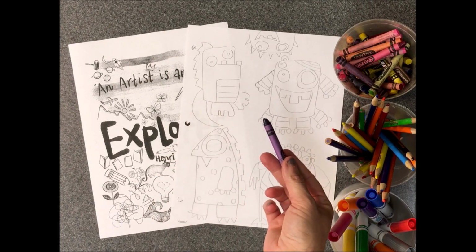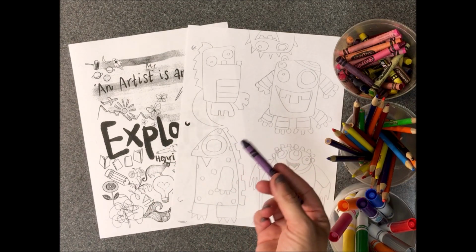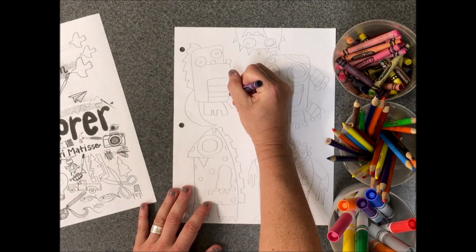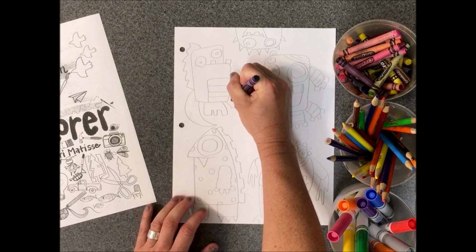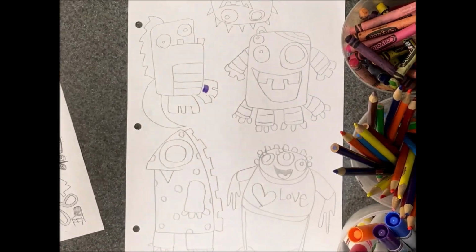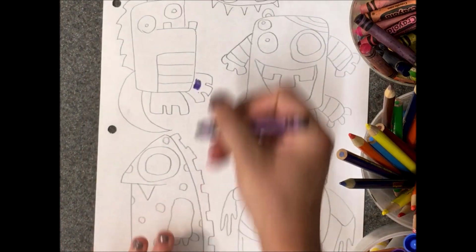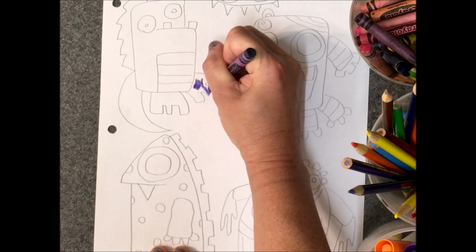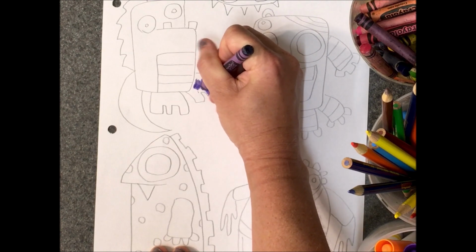Now the tip of my crayon is not perfect and that is okay. I'm going to start off with my little monsters, and when you color with good craftsmanship, you want to think about really coloring with tiny little back and forth strokes. I'm going to zoom this in just a tiny bit so you can see this. Notice I'm just doing tiny little back and forth strokes, and I'm keeping all of my marks